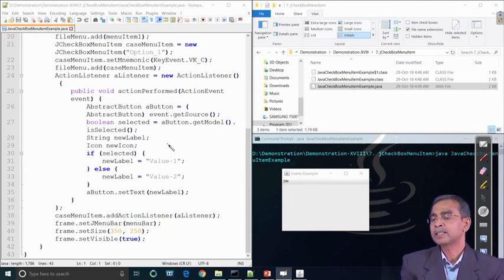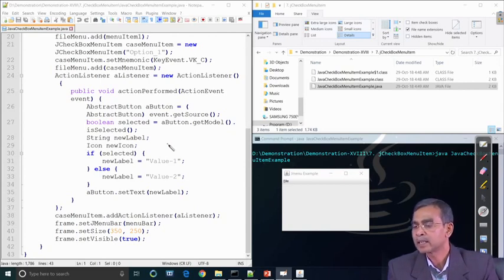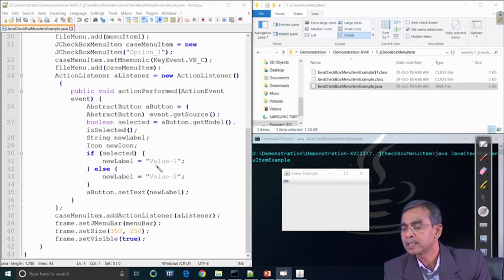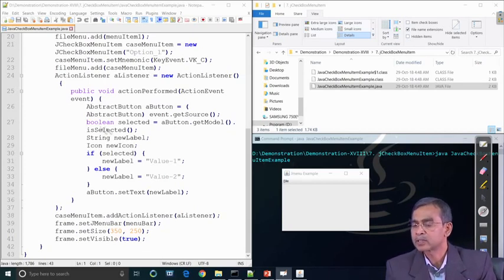Now here is the action handling routine. As we see here, the different actions can be handled. We can create an AbstractButton type here. The event's getSource is the abstract button, and with the button's getModel, if isSelected is true, then it will be displayed.